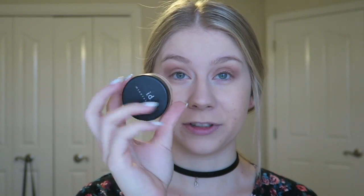Okay, so lately I've been using the Bare Minerals Mineral Veil powder. That is the word, oh my gosh. And I really liked it, it controlled my oils really well, which is what I always look for in a powder. That's been working super good, but as I was saying with the Stila, these are the only things I've changed up in my face routine for a really long time, and so I'm scared to use it because I'm like, what if that's giving me all these blackheads? So I'm gonna go back to the trusty